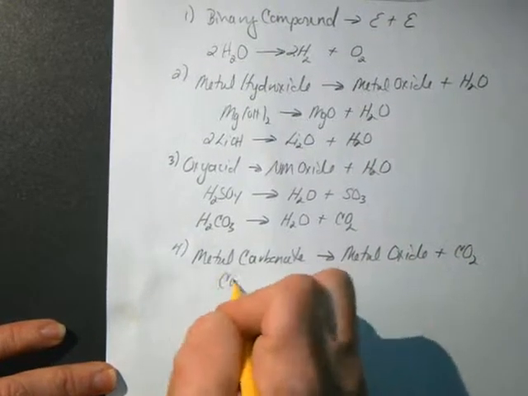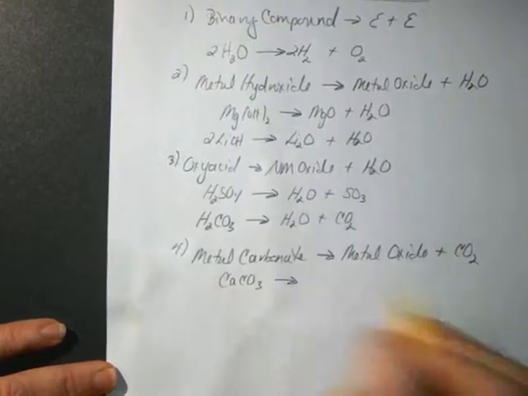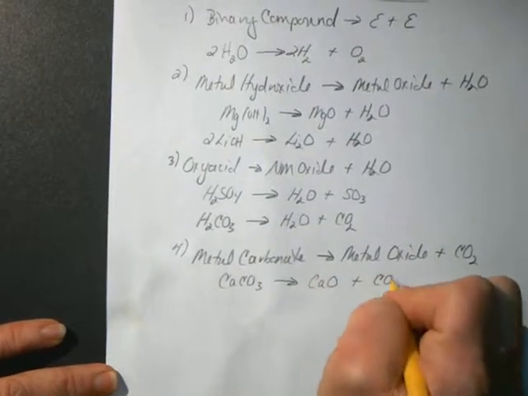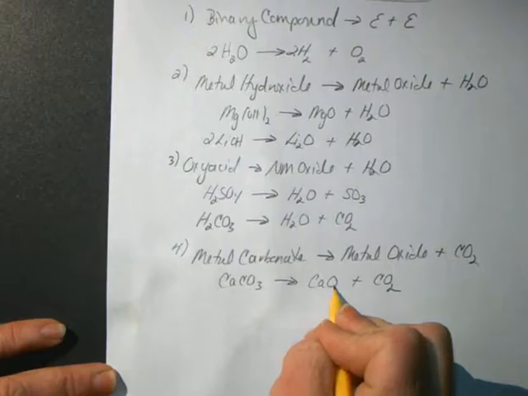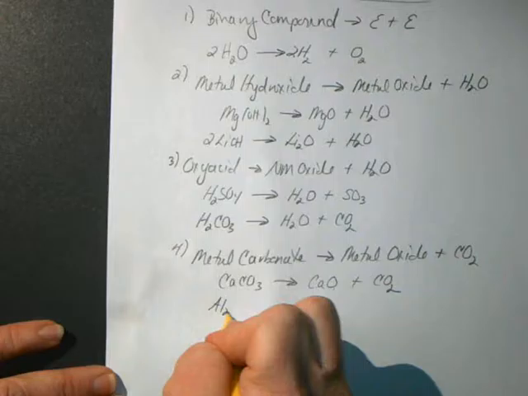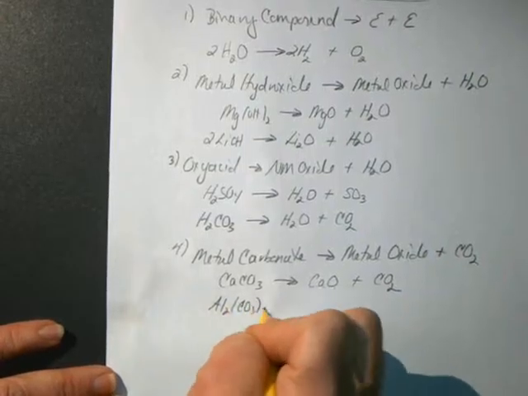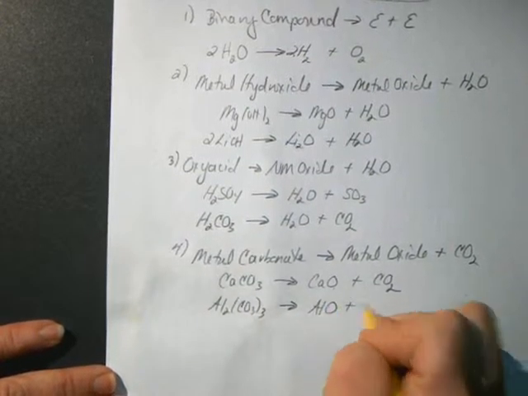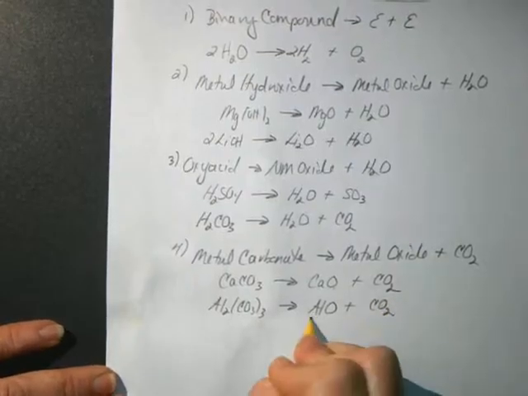For example, calcium carbonate, decomposing that, we would form calcium oxide plus CO2, +2, -2, and we're balanced as written. If we would decompose, let's say, aluminum carbonate, we will get aluminum oxide and carbon dioxide. +3, -2,